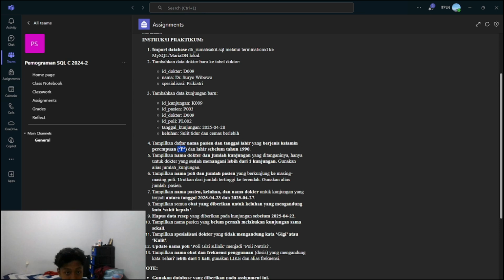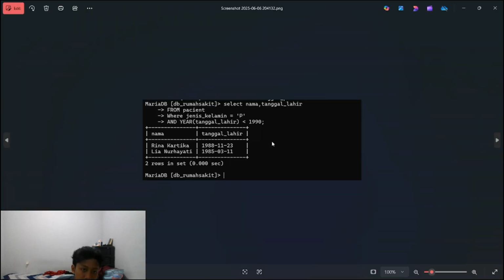Then, instruction number 4 is to display the list of patient names and the patient date of birth, for patients whose gender is female, which in this database is P, and who were born before 1990. So we use this command, SELECT